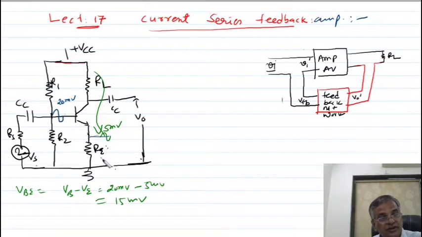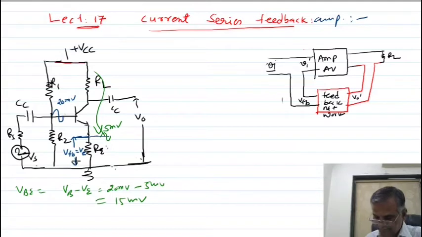So it is called current feedback. And this voltage is in series with the input signal. So it is called current series feedback. So let me show it with more understanding. This voltage is nothing but the feedback voltage, VFB. It is nothing but the VE. It is combined with the input signal VI dash.